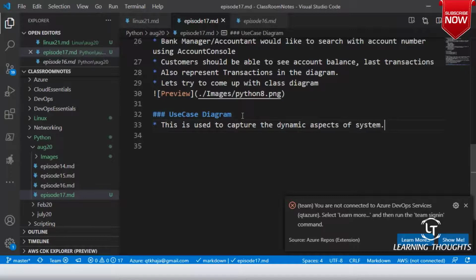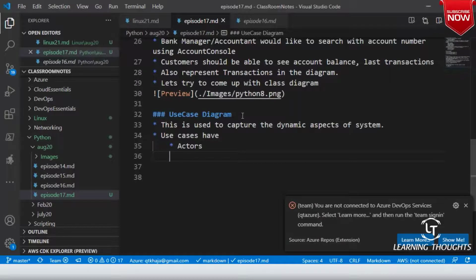Basically, use cases are generally considered as very high level requirements, right? So use cases have actors. Actors are who are going to use your system, and then we would have functionalities.